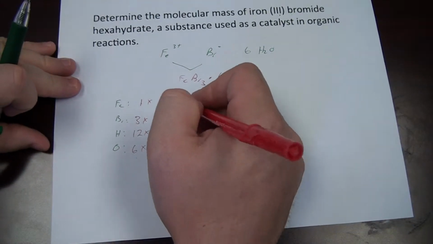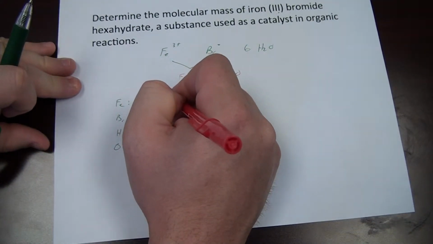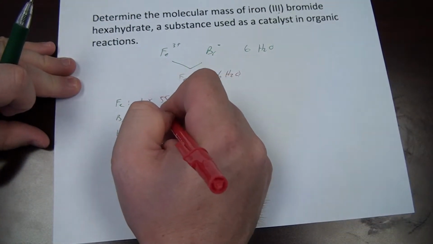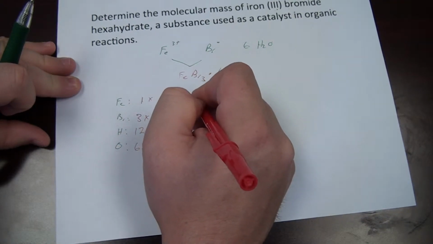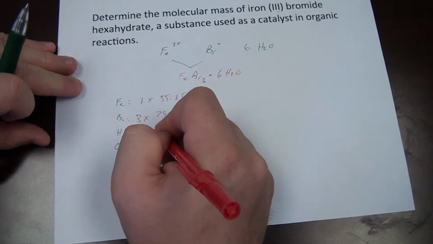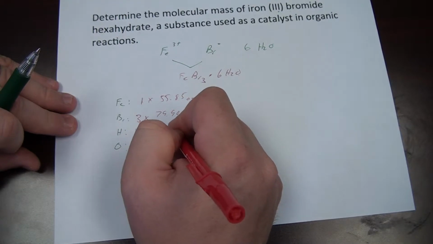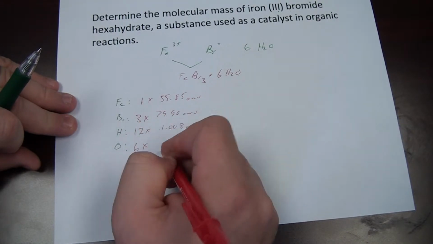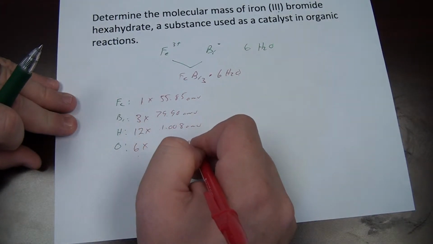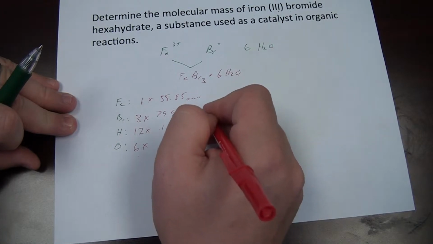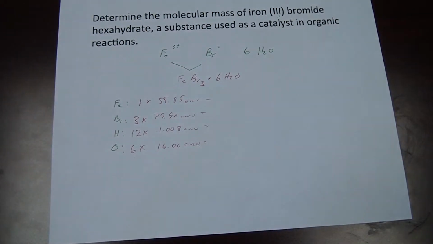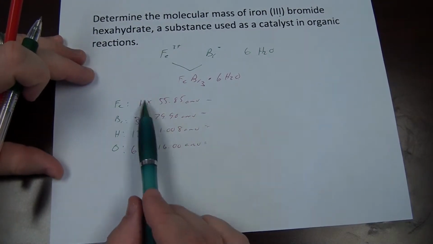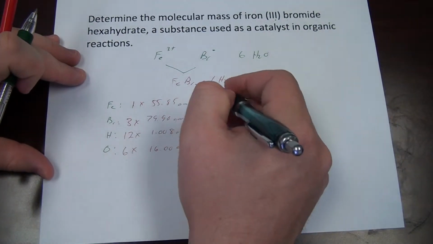Copy those back down: 55.85, 79.90, 1.008, and 16.00 AMUs. Multiply the number of atoms present by their mass,